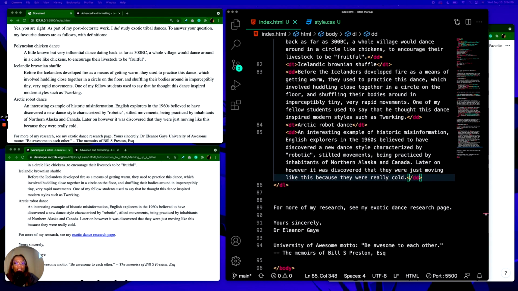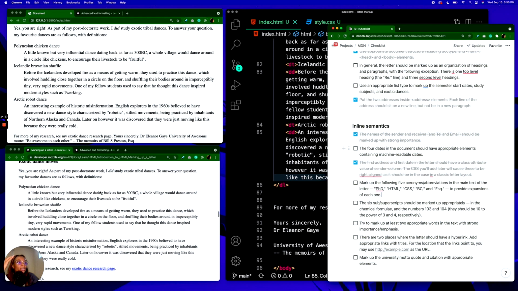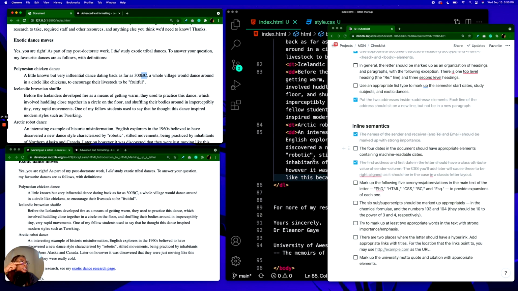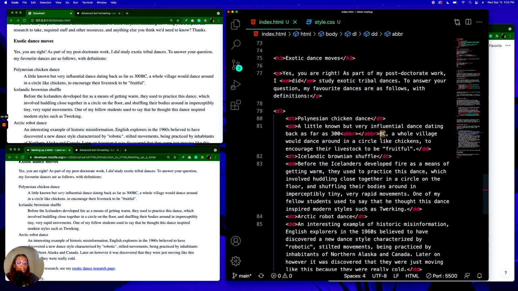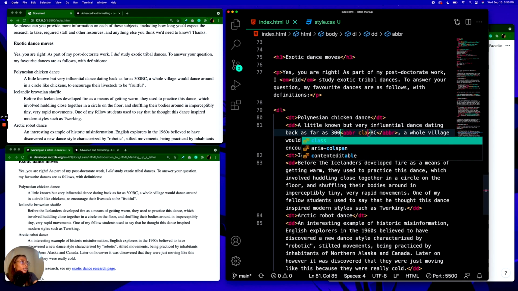And then last one, do I have? Oh wait, also the checklist: remember, we're marking up any acronyms and abbreviations. Under Polynesian chicken dance, there's BC. That acronym needs to be marked up, so I'm going to go to BC, ABBR, title